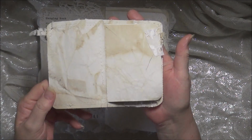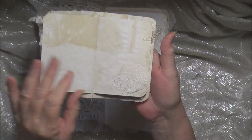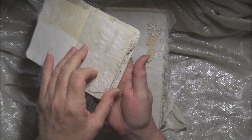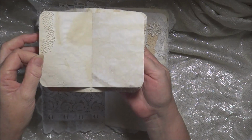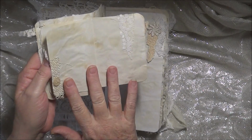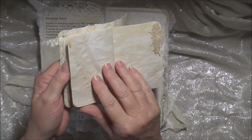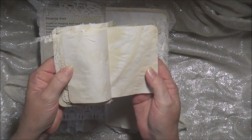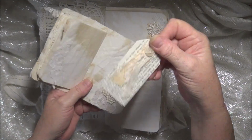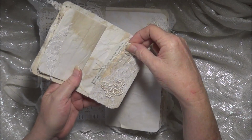And this is just a little notebook that's got scraps of lace, and they're all sewn in. And it's a soft cover, a booklet. Very simple, little button, just all the scraps of lace. And just a little tag that you could journal on in the back there as well, in that little pocket,